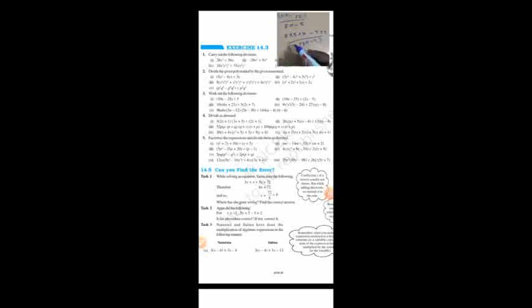So here you can see what is the common between them. So you can see the 5 and 5 is common, so we take common 5 and we obtain 5 into 2x minus 5 divided by 2x minus 5, okay. So 2x minus 5 will be cancelled and we obtain here only 5, okay.